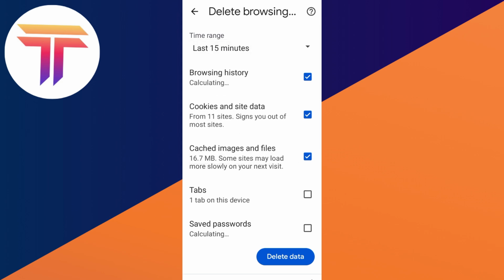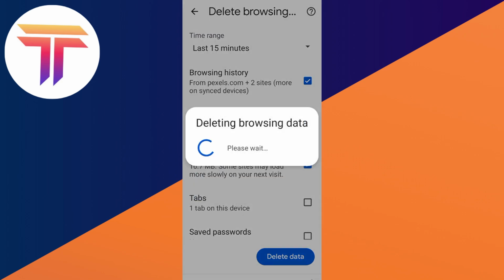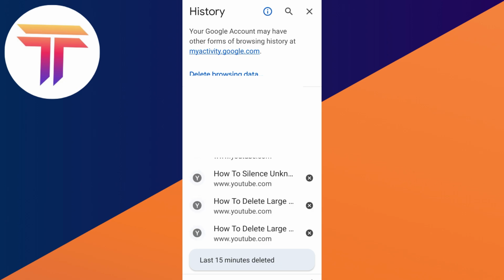So basically that's it. If you want to delete your Google search history easier, then you can just do this method. So that's how easy it is to delete your